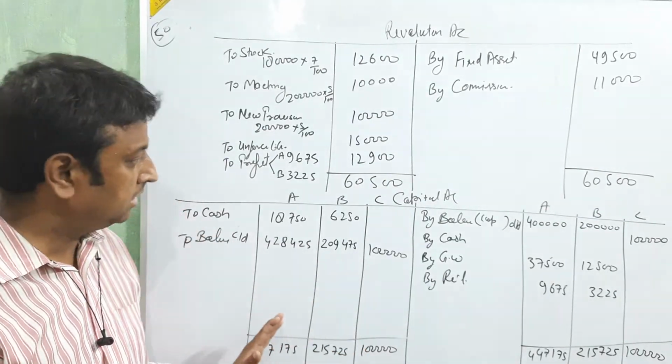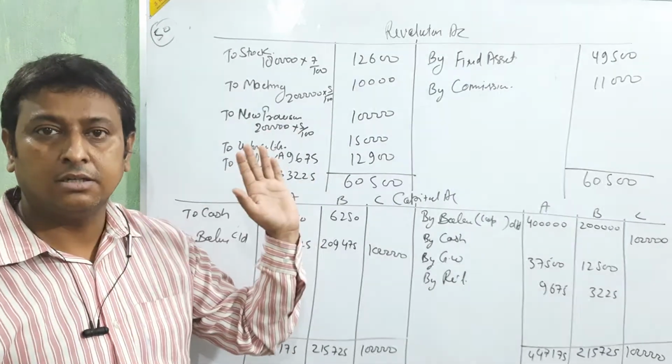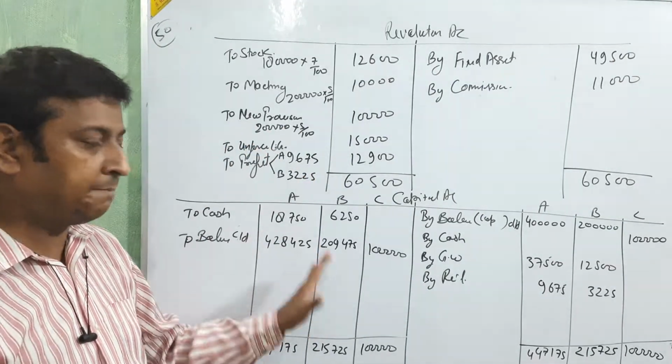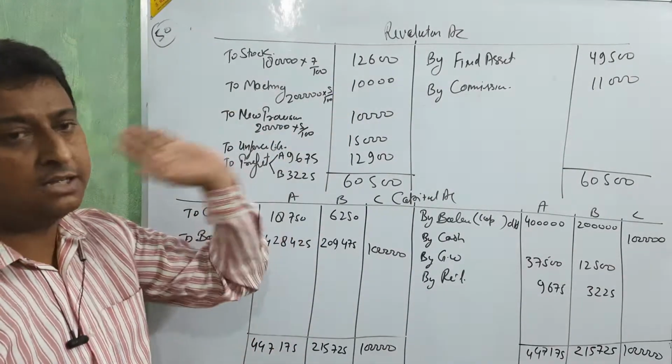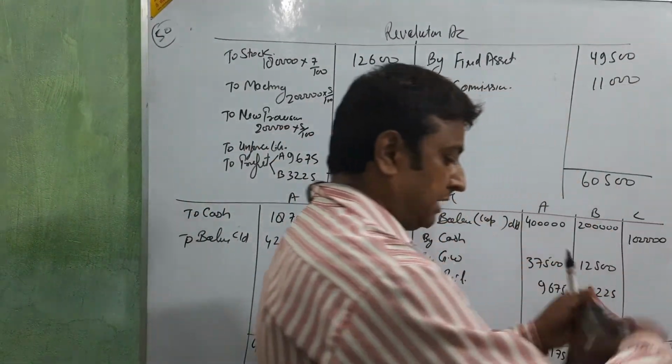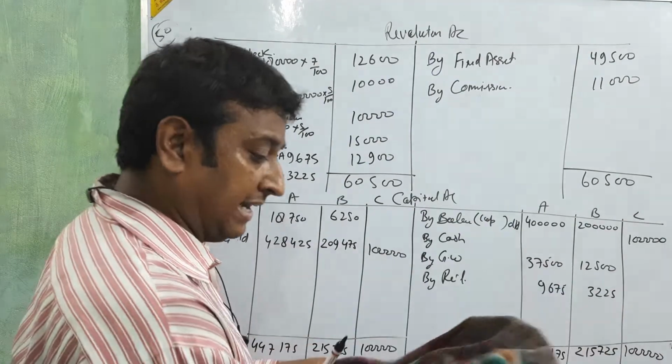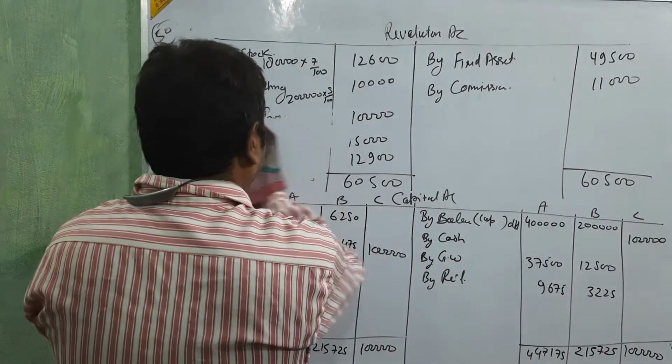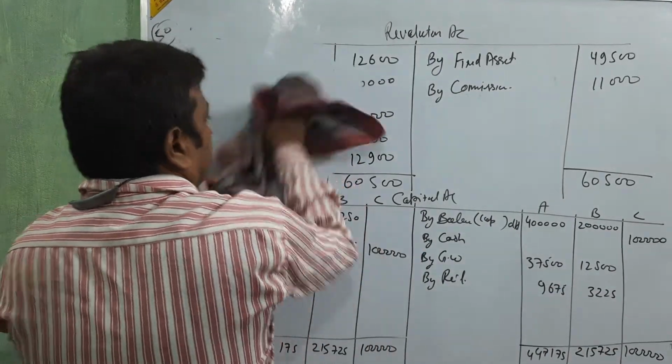Clear, na? Then I am going to the balance sheet. This capital I am not going to rub, only the revaluation. I think the revaluation is very clear, so I am going to rub the revaluation only, and then try to balance, making the balance sheet by roughing out this revaluation only.